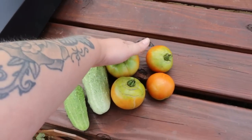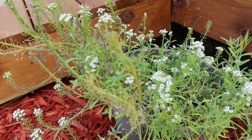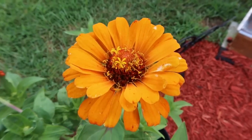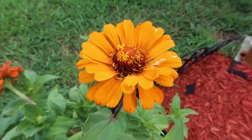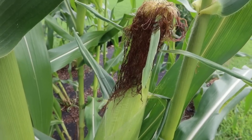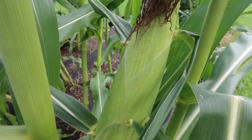By the way, I'm just so grateful that Jesus sent the rain. We have had rain every day. I don't think I've watered my garden in, this will probably be the 4th day that I haven't had to water it. And since I am on the